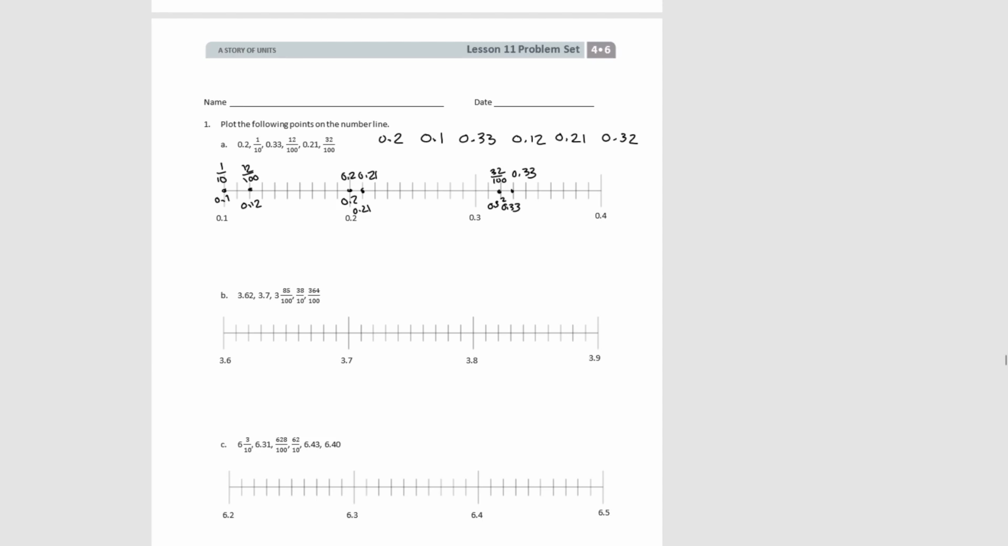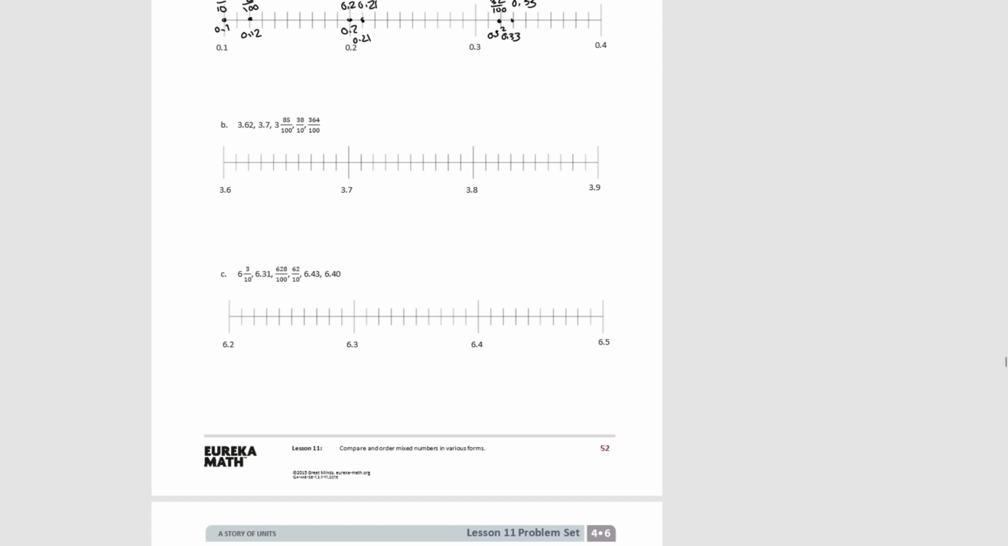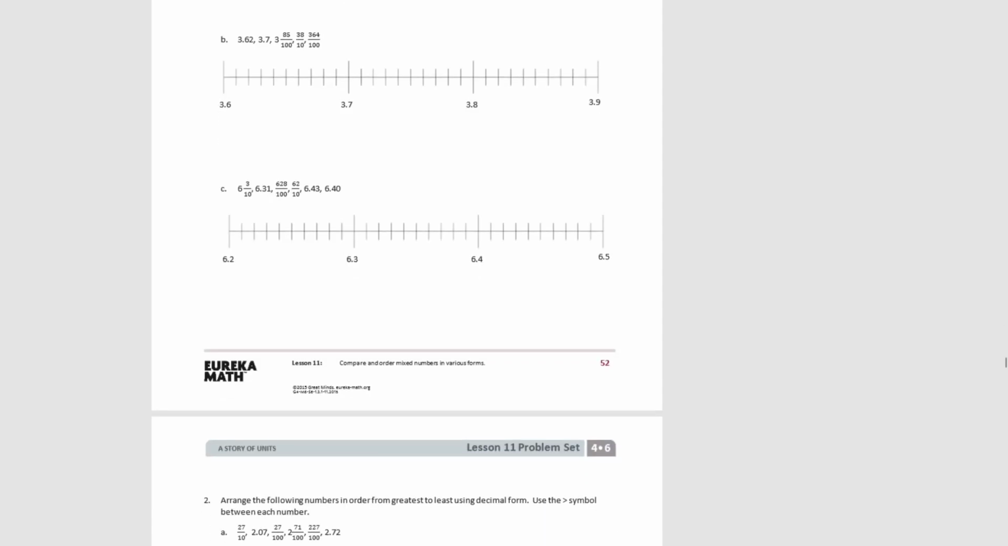Moving on, you're going to do the same thing for B. So pause the video and try B. Okay, this time I'm going to rewrite them all in fraction form. So this is 3 and 62 hundredths, 3 and 7 tenths, 3 and 85 hundredths,